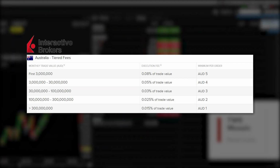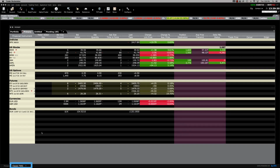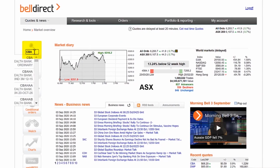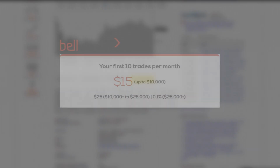You can also reduce the broker fees even more by trading millions of dollars, but if you're trading millions of dollars, broker fees is the last thing on your mind. There is also inactivity fees of $10 per month. Belldirect operates under the CHESS registry for each user and is much simpler to use with fees starting from $15